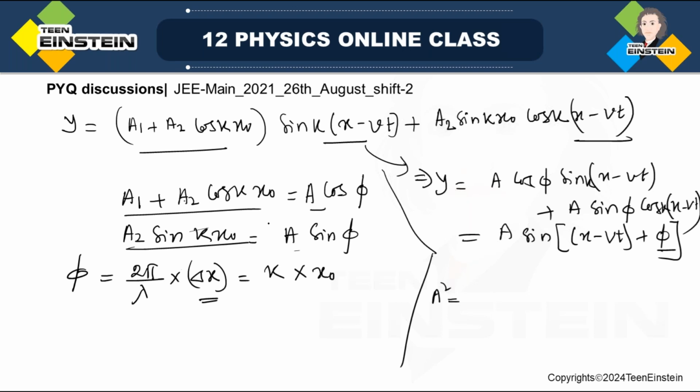So it's a1 square plus a2 cos kx square, and this will give you a2 square plus 2a1